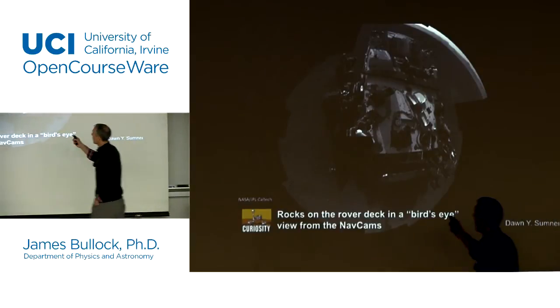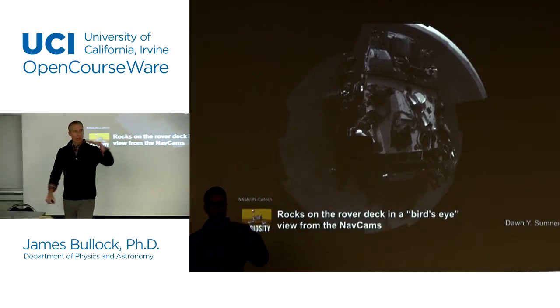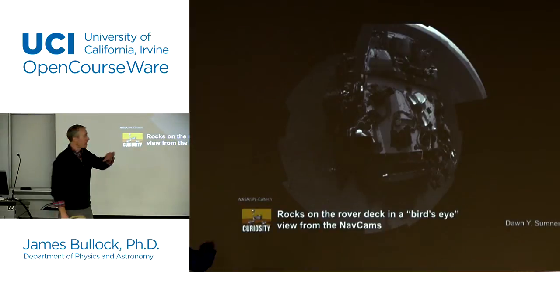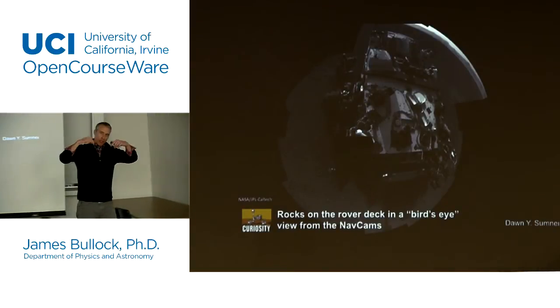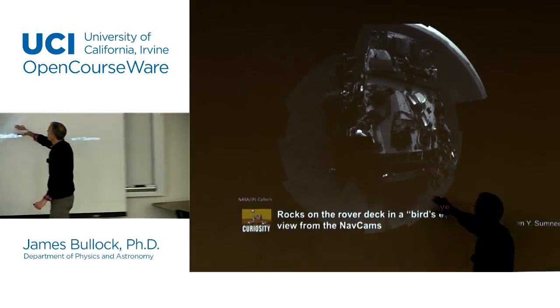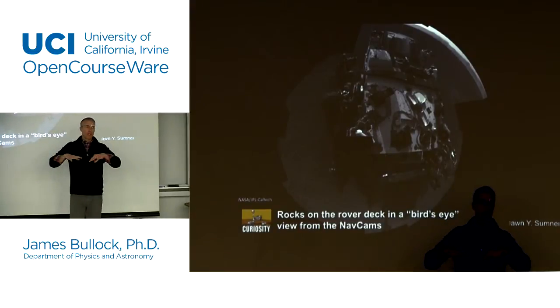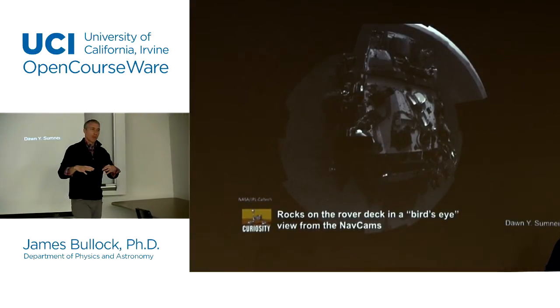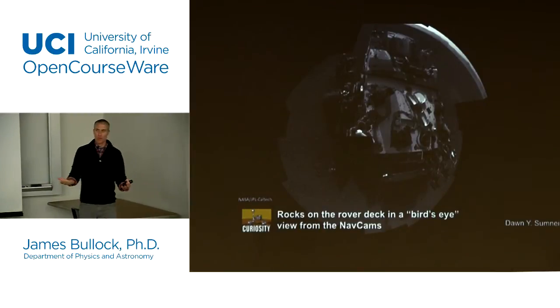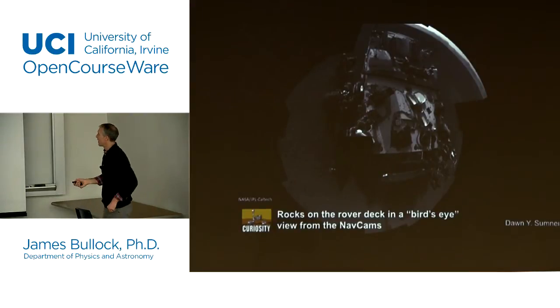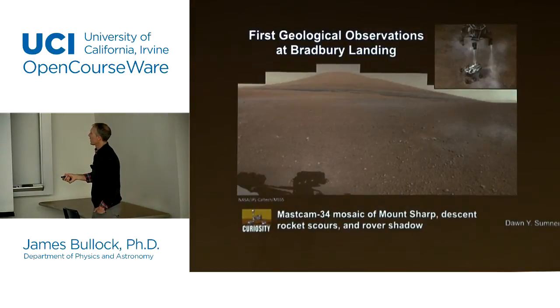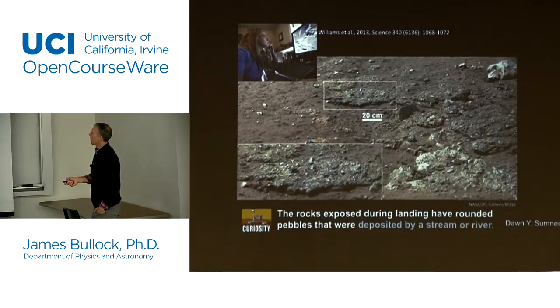Now, this is actually a real picture taken from above when the thing landed. It turned out that when it landed, it kicked up all kinds of rocks and dirt and stuff up to the top of the rover. You can see it lying on the top here, that it kicked all this stuff up. And they were concerned that it was actually going to destroy some instruments. They didn't realize that the surface of Mars was going to be that easily kicked up. So rocks and stuff hit some of the instruments, and they were very nervous about that. But at the end of the day, things worked out all right. This is another picture from the surface of Mars, pretty soon after it landed.